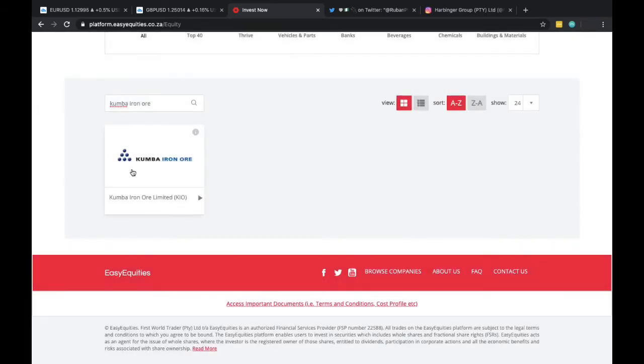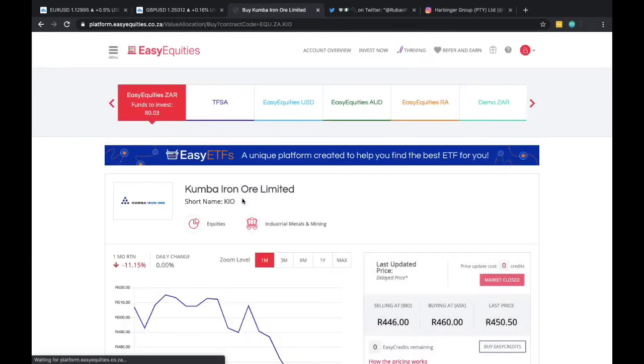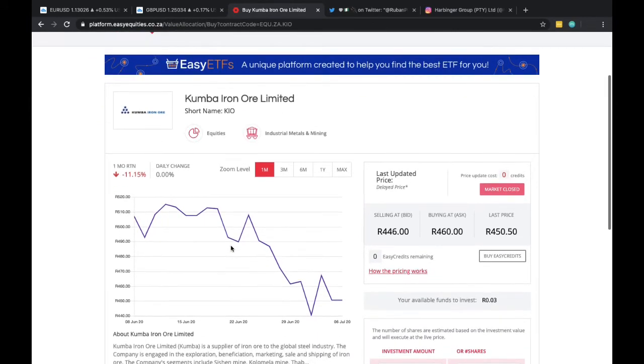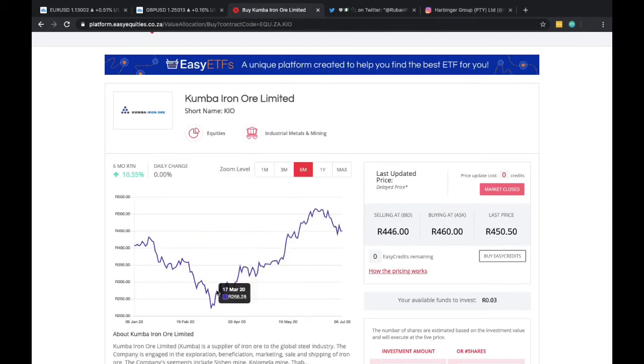Here we go. So Kumba Iron Ore, another industrial metals and mining company in South Africa. As you can see, they've got a downward trend over here, and they're the fourth largest iron ore producer in the world and the largest in Africa. If we go to the March view, the lowest was at 223 Rand. You would have made almost double your money if you had invested in Kumba Iron Ore during the whole lockdown,